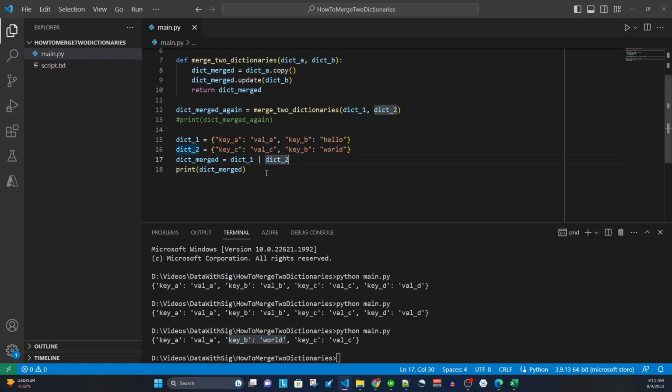So just keep that in mind: if your dictionaries have keys that are identical, then the last dictionary that you specify in the merge will be the one that gets the